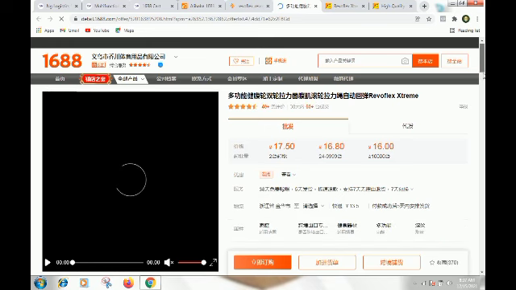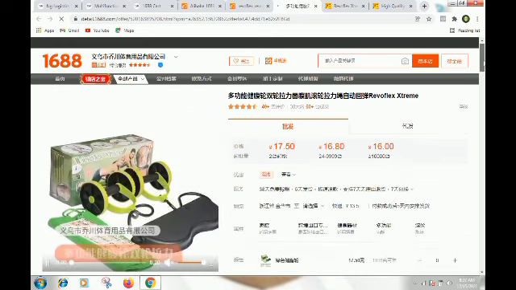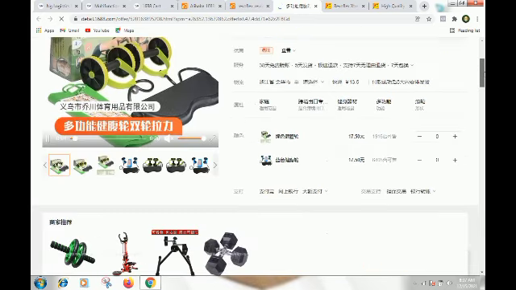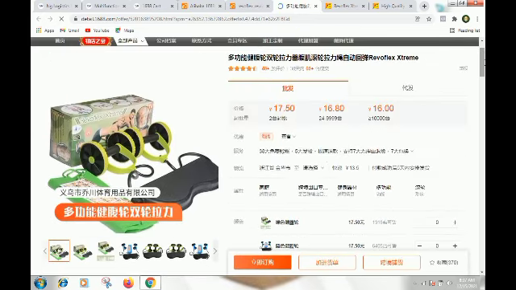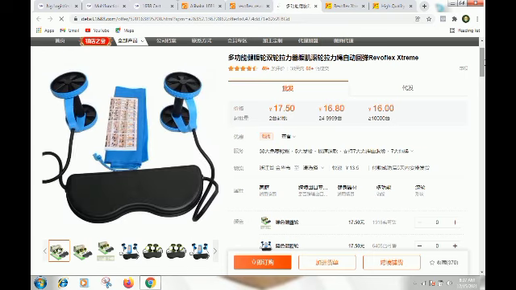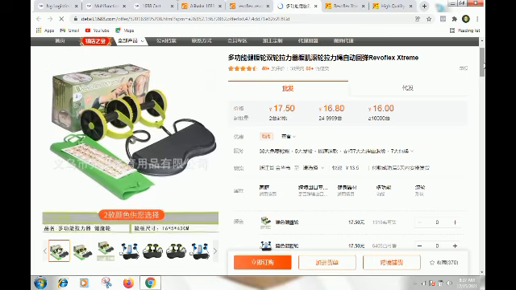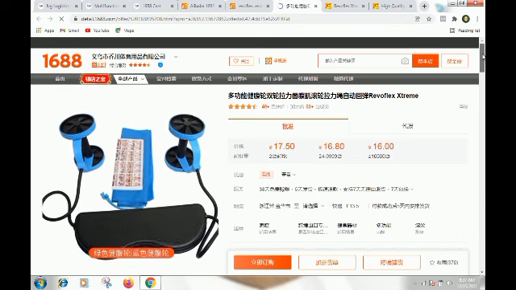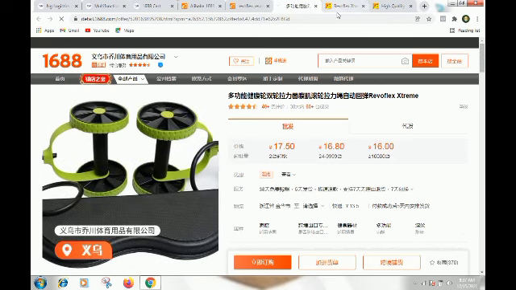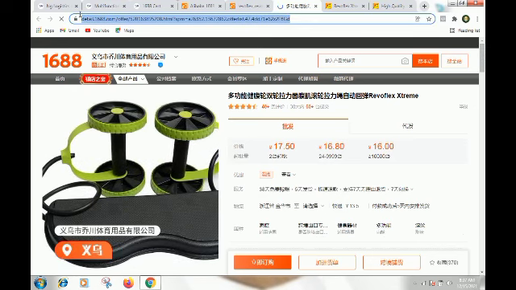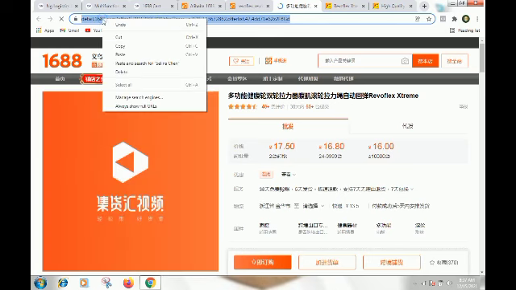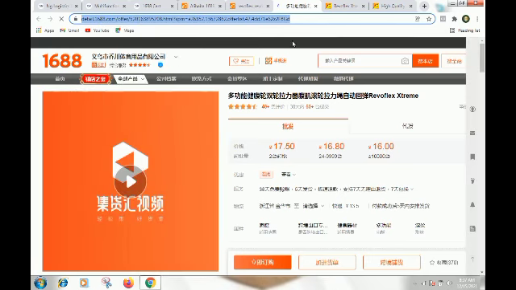So this is actually the one I want to import from 1688 to Nigeria. This is the product I want to import. So what I do is I copy the link here, and then move to a site. I'll show you the site,